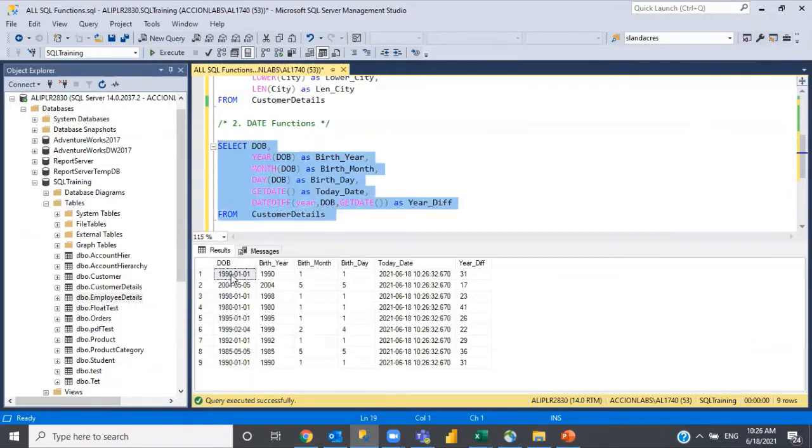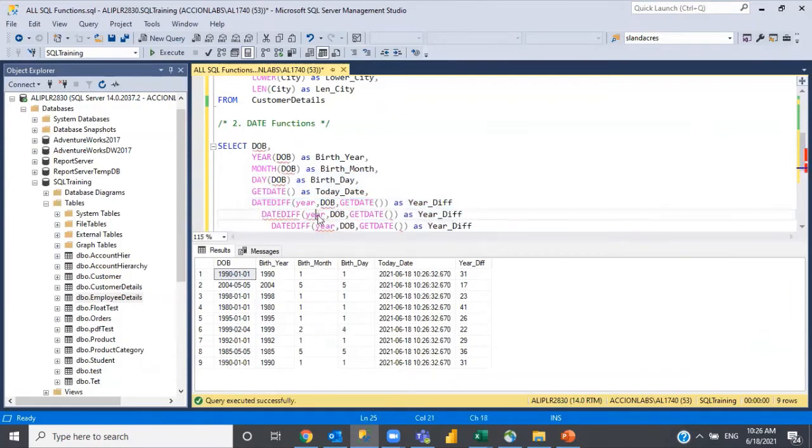Now if you see here, from 1990 to 2021, almost 31 years is the difference. So it is giving me the calculation between the date of birth and today's date. In the same way, if you want to extract the date difference in months and days, you can replace this like this.